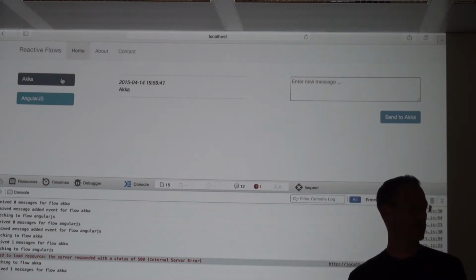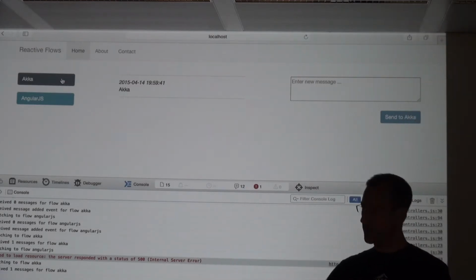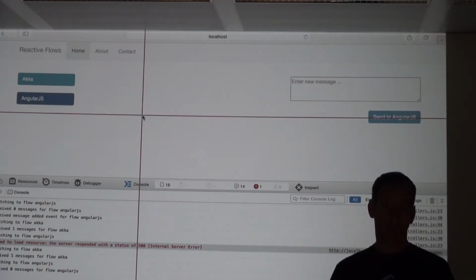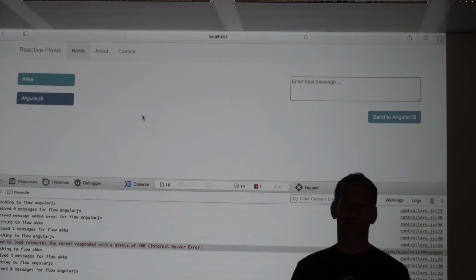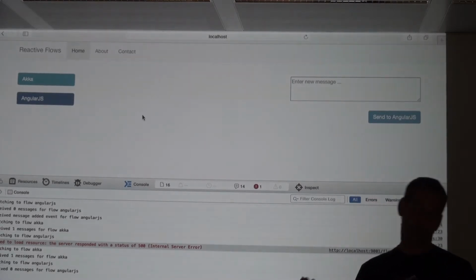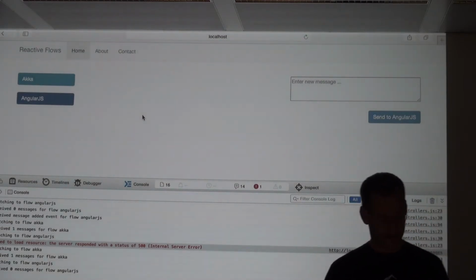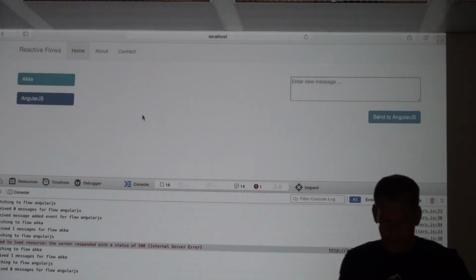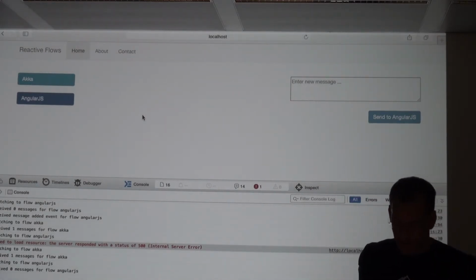But the AngularJS flow was created on the second node, that went down, and therefore when we wanted to go to that flow, we received our 500. Now, we no longer receive 500. So there was a certain delay, probably 3 or 5 seconds. That can be configured. There's a couple of configuration settings, and you shouldn't be too eager in declaring something dead. But yeah, that's always a little trade-off.